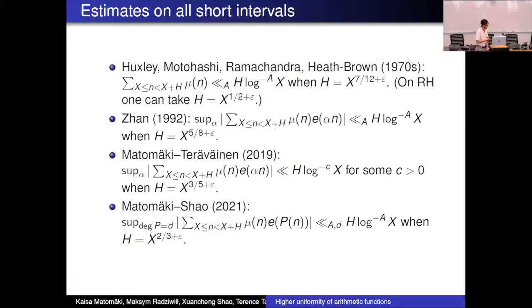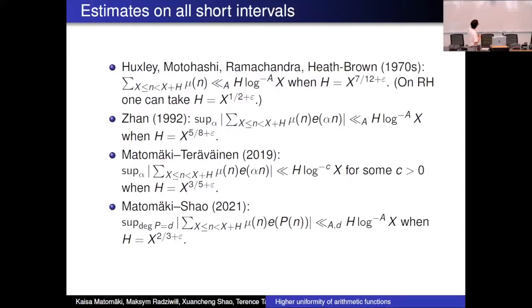I'm not completely sure who to attribute this to, but it's some union of these four authors. I think Huxley did the Mangoldt function, and there are various things to do with the epsilon in the later papers. Actually, annoyingly, it's hard to improve the 7/12. Even on RH, you can only get 1/2, and there's no obvious route to get any lower than that.